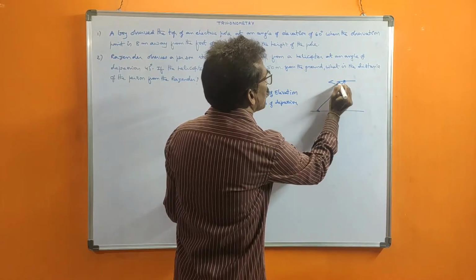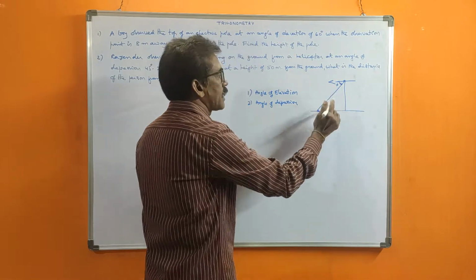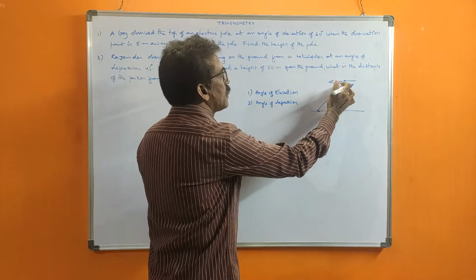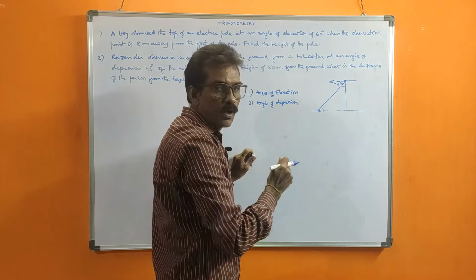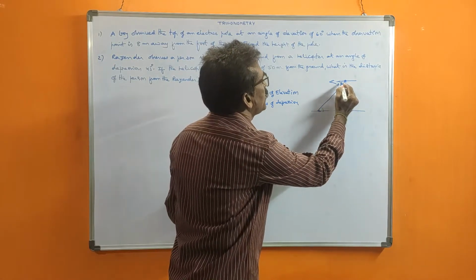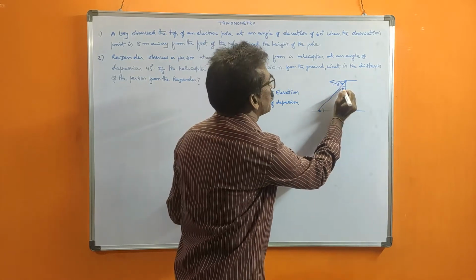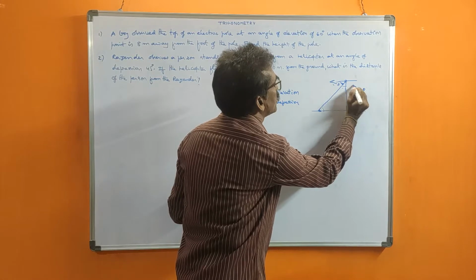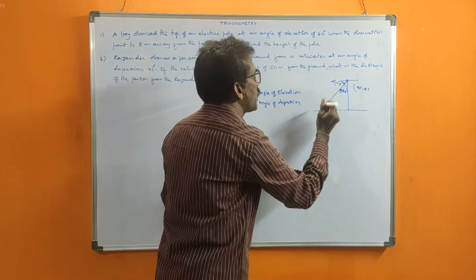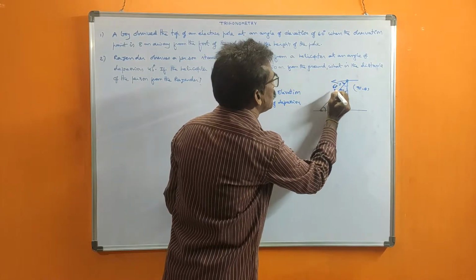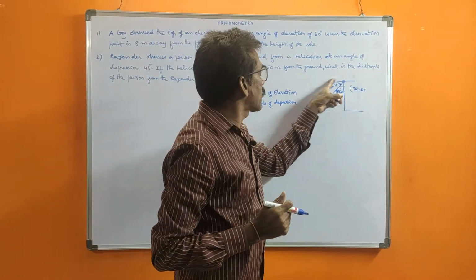Whenever the angle of depression is given, it is not directly useful for the triangle. It is not an angle in this triangle; it is an external angle outside. But we want the internal angle, this one or this one. How can you find it? This is 90, so from 90 you subtract the angle of depression, and this angle will come: 90 minus theta. Otherwise, you can directly take the same angle here. Suppose 60 degrees is given, then directly you can take 60 degrees here. Why? Because these two are parallel lines.